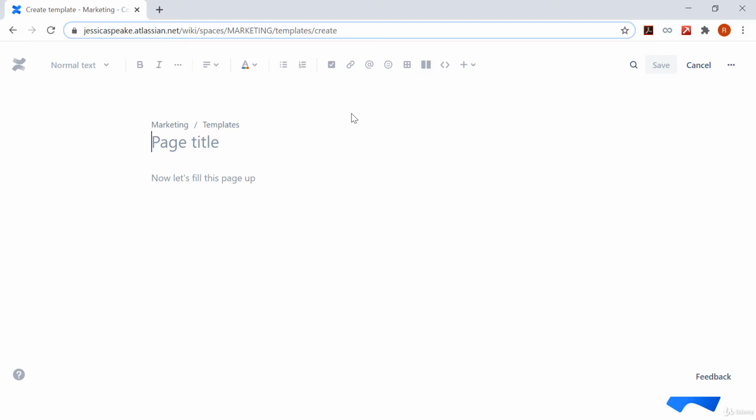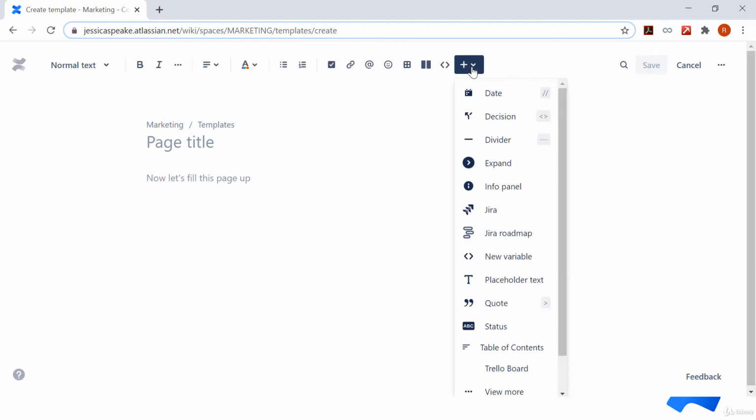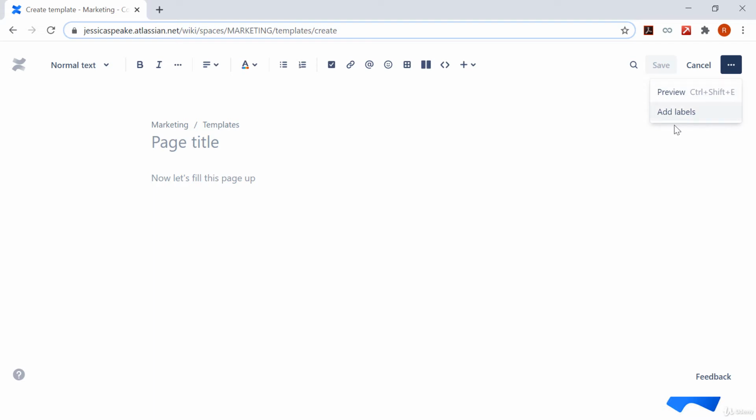Some points to be taken into account when creating a template. You can see that we don't see the image macro over here, and neither do we see the attachment option over here. So images and other attachment addition is not possible to a template. If you want to use an image or attachment in your template, you need to attach this file to another page in Confluence. However, you can use labels, variables and placeholders. These features will definitely help create rich and dynamic pages quickly.